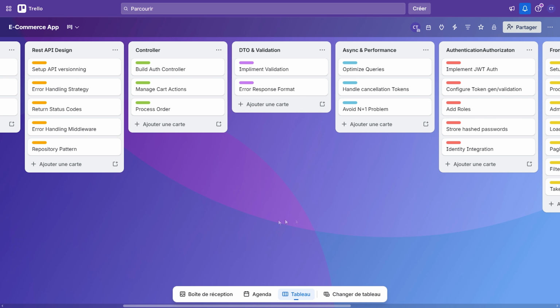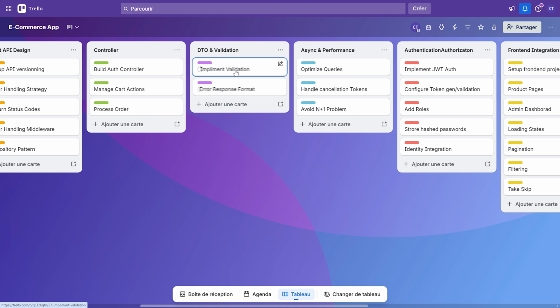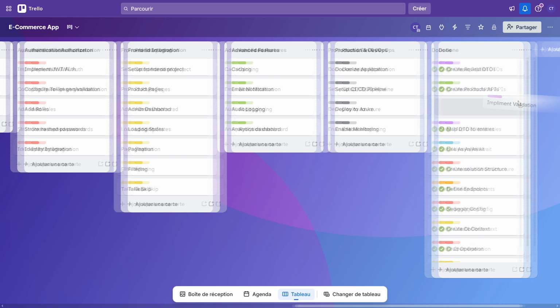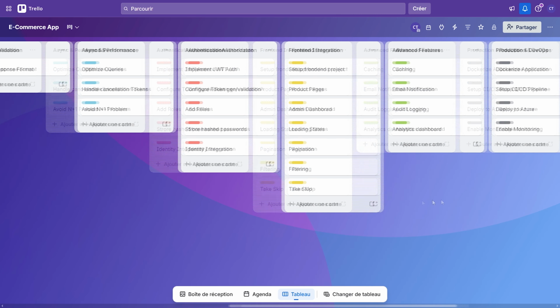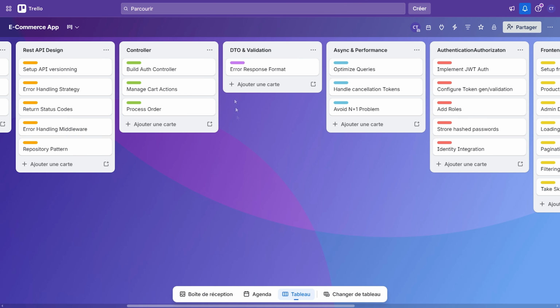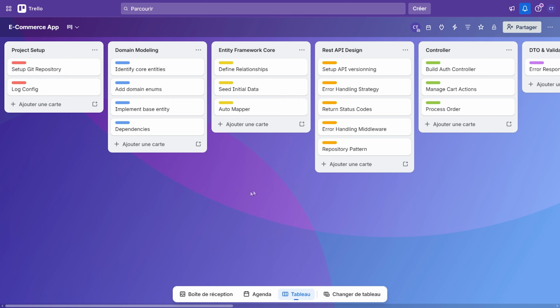In this tutorial, we covered how to implement validations. So this task is already done. In the next tutorial, we can work on the error response format, or we can even add more entities, or we can create